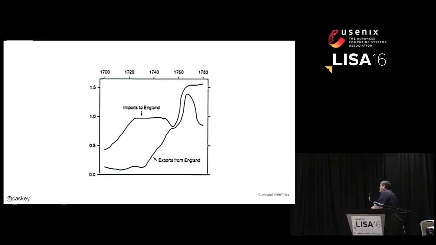Similarly, this can be complex. This is a very old chart. It's imports and exports from 1700 to 1780, right? And if we were trying to make some sort of evaluation or assessment about net imports or net exports from England, what could we say? Between the period of 1700 and 1720, it looks like imports were going up, but exports were fairly flat, right? So it looks like net imports are increasing. That's fairly easy to read in the first part of the graph.